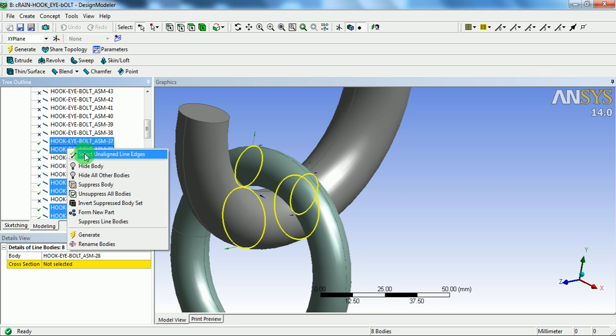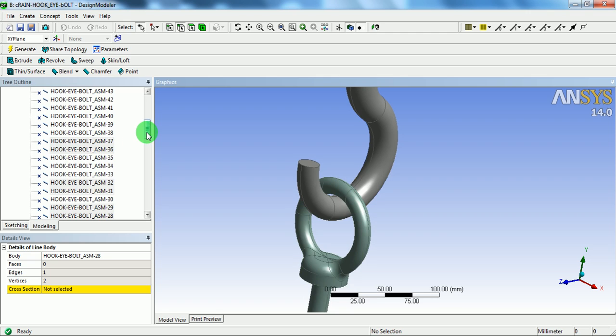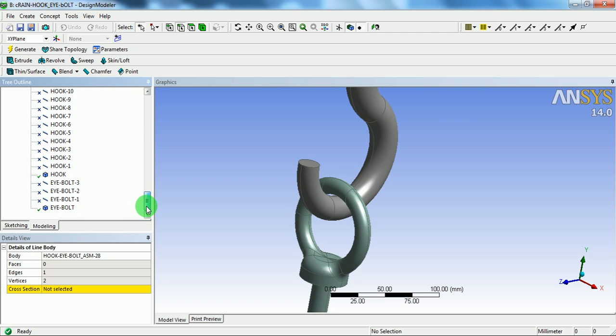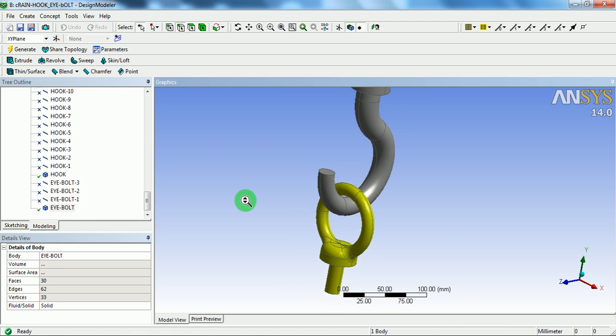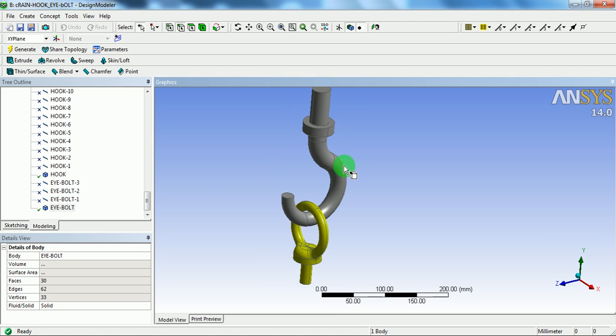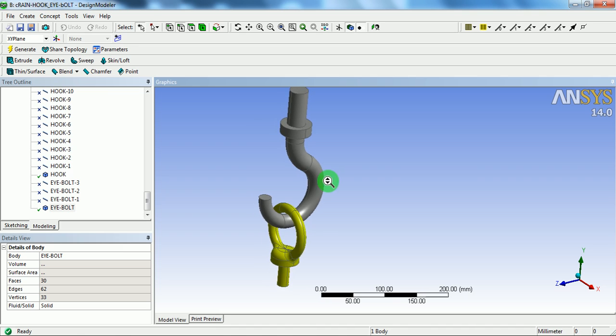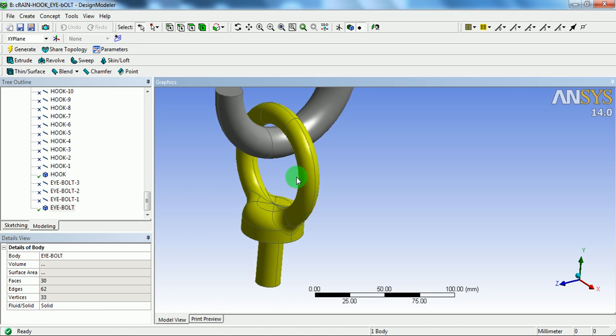Right click, pick on suppress body. Now there are no bodies which are unsuppressed apart from the hook and eye bolt. This is the way we can eliminate the unwanted bodies and use the bodies which are required for the geometry editing.